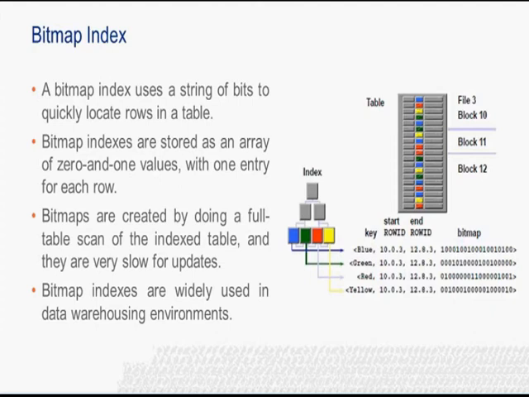The bit is set when the corresponding row contains the key value and is unset when the row does not contain the key value. The Oracle server uses a patented compression technique to store the bitmap segment. The start row ID is the row ID of the first row pointed to by the bitmap segment. That is, the first bit of the bitmap corresponds to that row ID. The second bit corresponds to the next row in the block, and the end row ID is a pointer to the last row in the table.